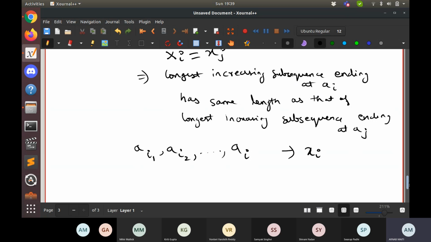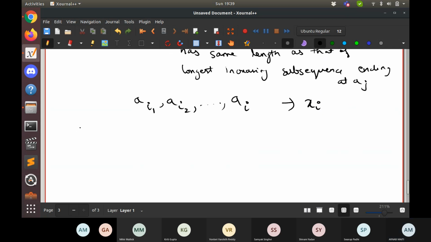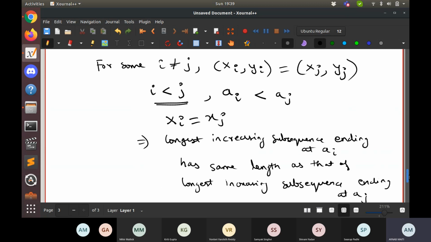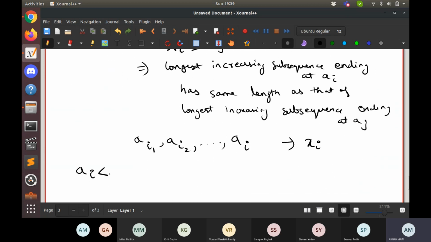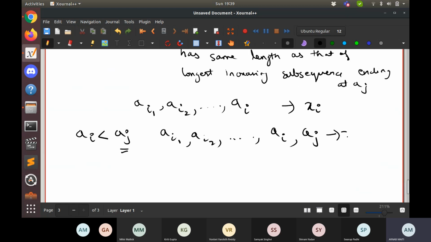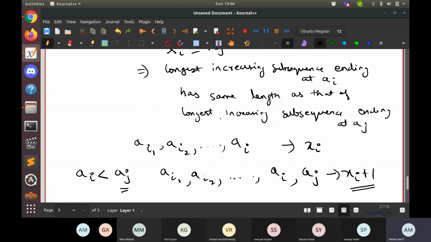But we assumed that ai is less than aj, so we can add aj to this sequence. We get a new sequence whose length is xi plus 1. But xi is equal to xj, and xj was the length of the longest increasing subsequence ending at aj.